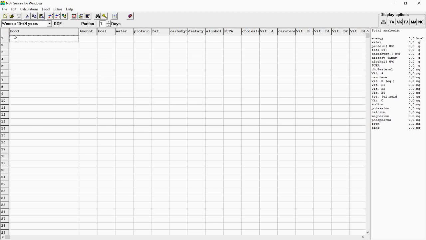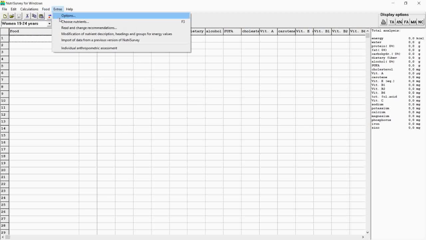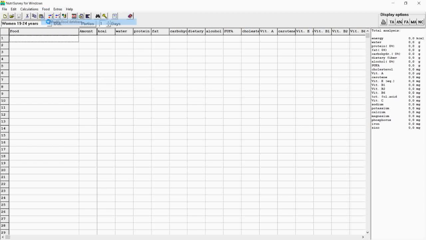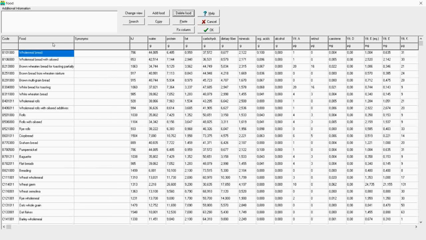After we add the food database in NutriSurvey, we can still modify our database inside NutriSurvey. The modification includes adding new food, or maybe deleting some food inside the food database, or modifying it. To do it, we go to Food and then choose Modify Food Database. As we can see here, there is a list of all the food inside our food database. We can add food, for example, or delete, or maybe copy and modify the food